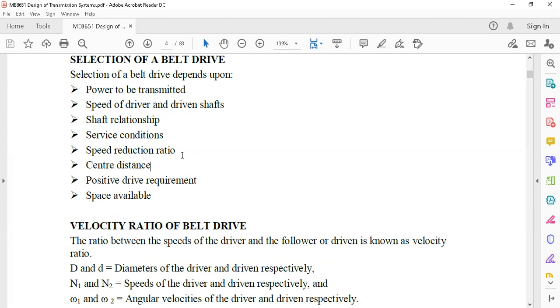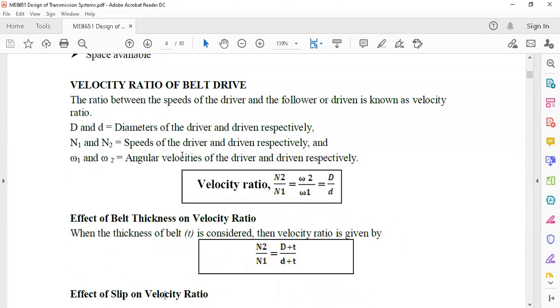And these eight components, or eight things, can generally be asked in simple types of questions. They give some data, and then ask how much speed reduction is achieved, what is the power transmitted in the systems, and what is the center distance between the systems. That is all they can ask in simple problems. And how we are going to calculate, and the simplest way of calculating these procedures, is what we are going to discuss in this session.